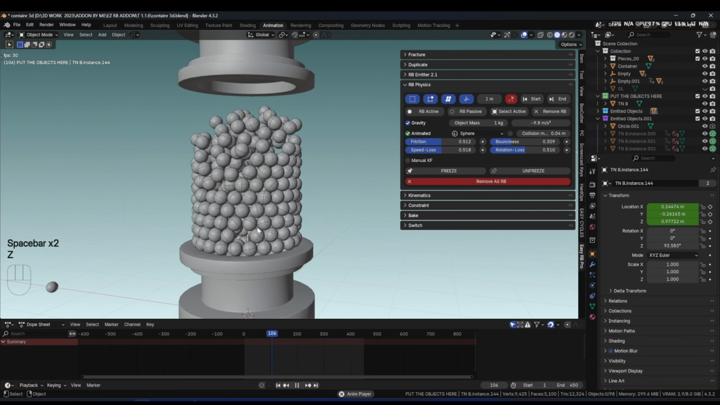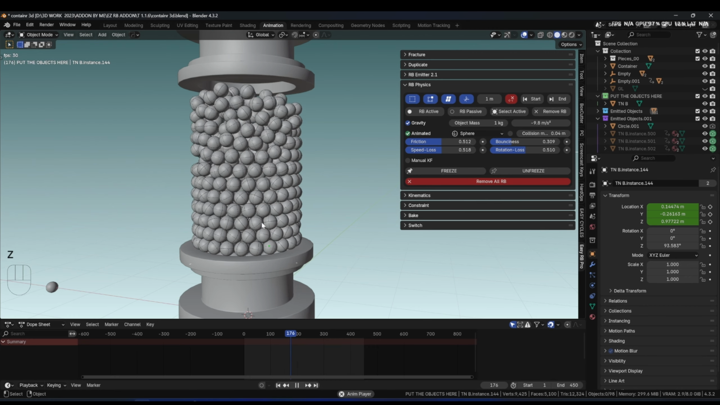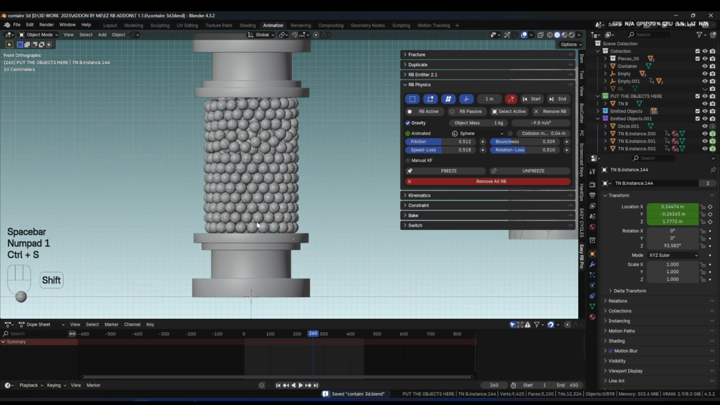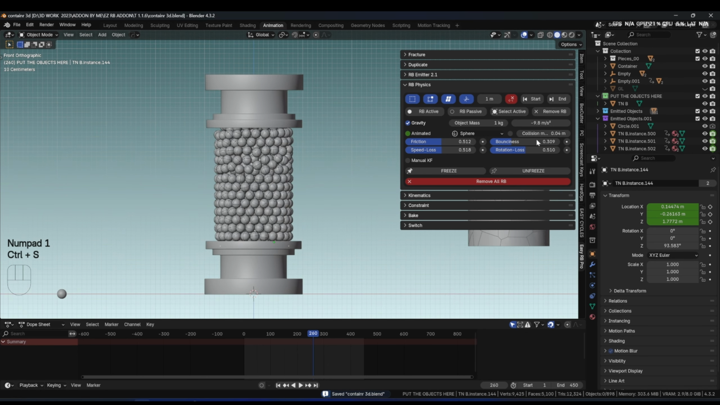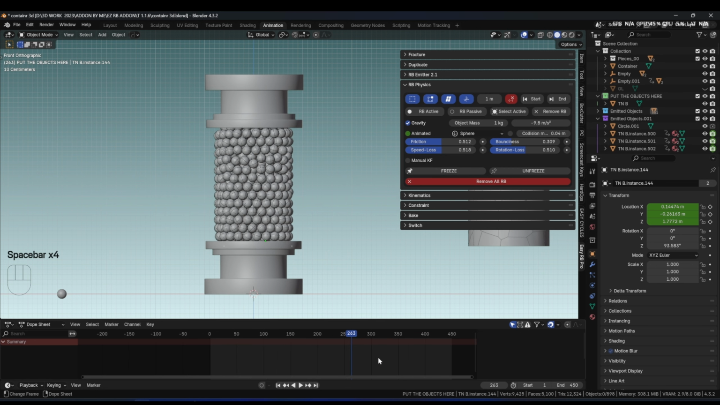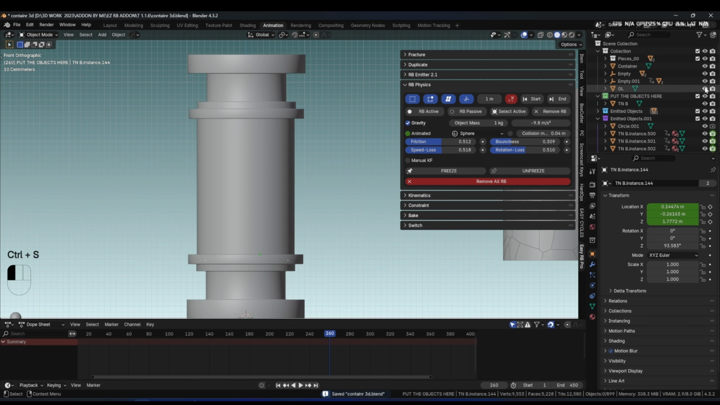Okay, as you see, that's what we are looking for. Now let's do something. As we see, the emission ends right here. We need to break the glass in that position, maybe 260. What we're going to do, we're going to select our glass, and in this frame we're going to go one frame before,